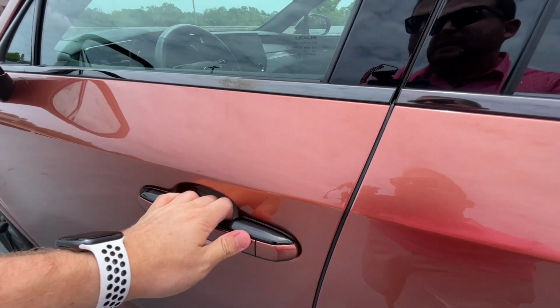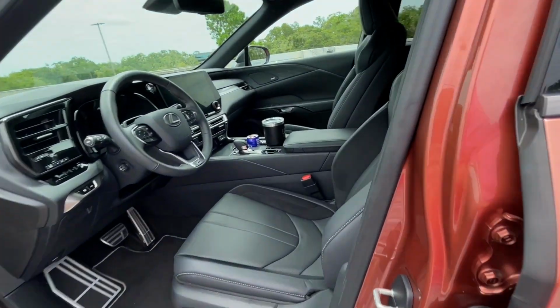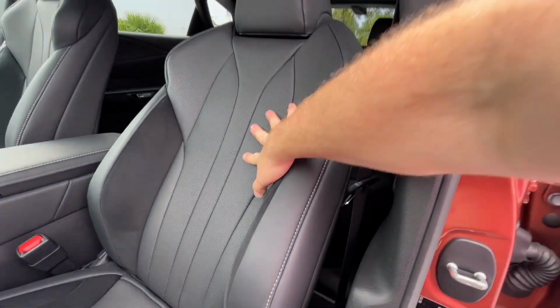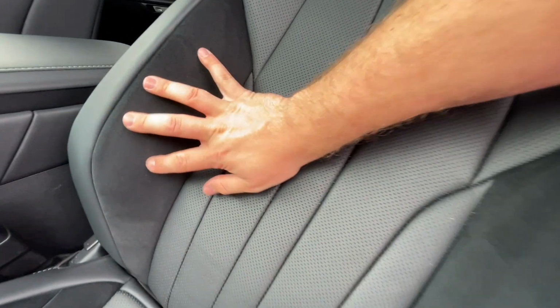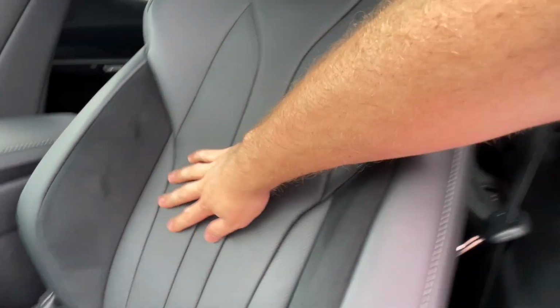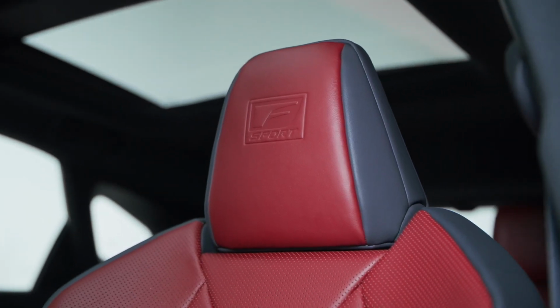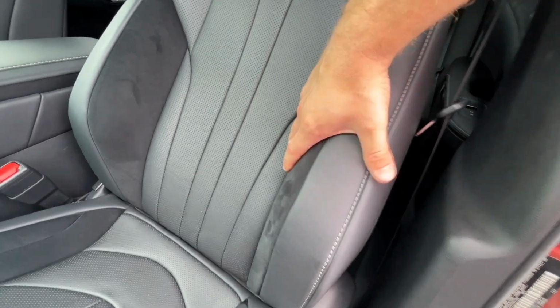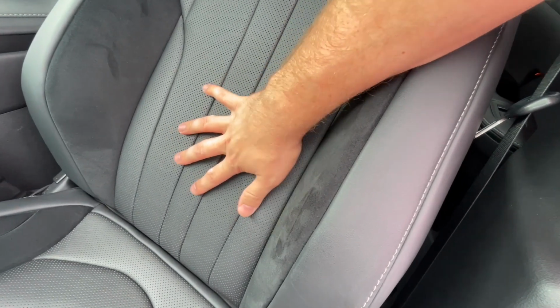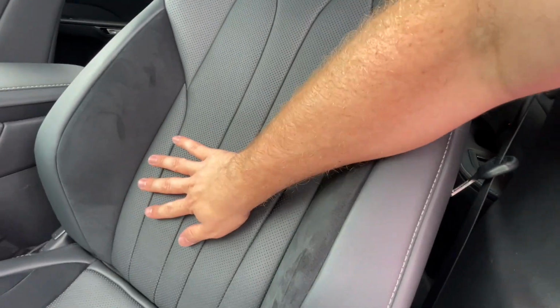And last but not least, let's check out the front seats. So the RX 500H actually has these sporty bolstered seats. You can see we've got this nice black leather with a little bit of suede here on the bolsters. We have F Sport written into the headrest here. Now, these bolsters are a little bit tight for me. I felt that I actually had to squeeze in them just a little bit, but they are quite comfortable aside